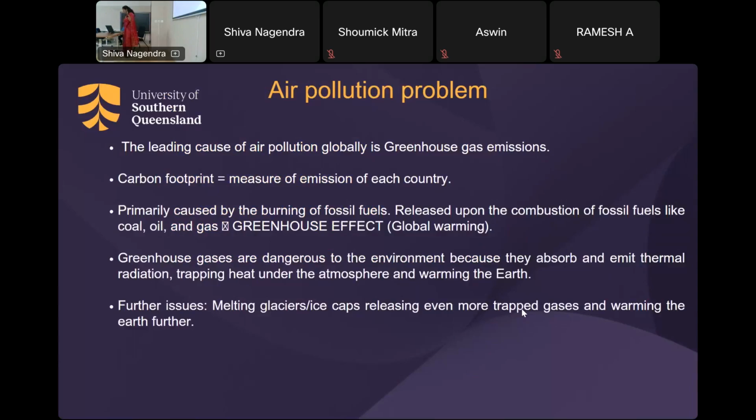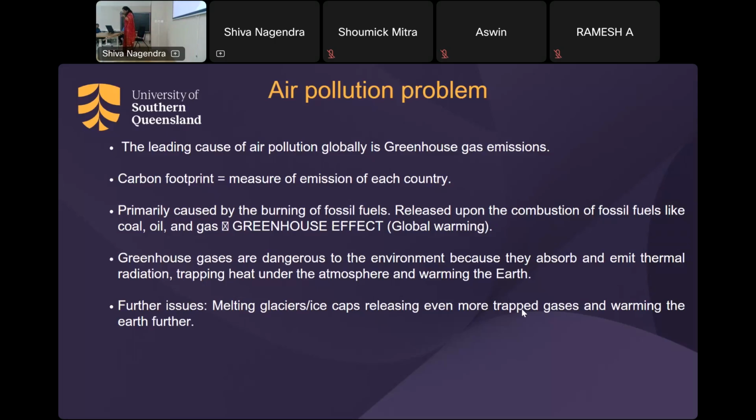So this is a brief overview, and like we all know, there are several different kinds of pollution. We have sound pollution, light pollution, and the most common and prominent ones are air and water pollution. For air pollution, the main problem is the combustion of fossil fuels like coal, oil, and gas. The primary compounds which make up greenhouse gases are methane and carbon dioxide. A major contributor is our carbon footprint, which is increasing year on year, and there is no sign of